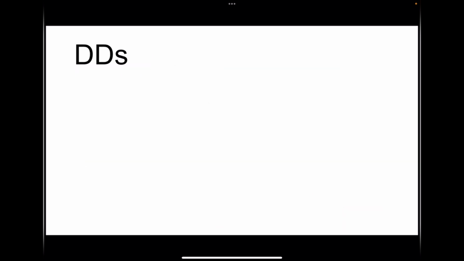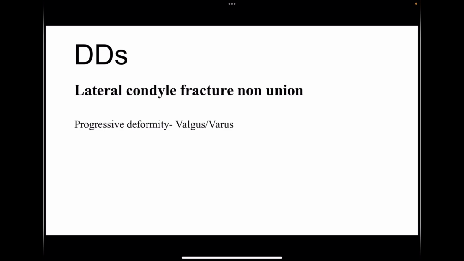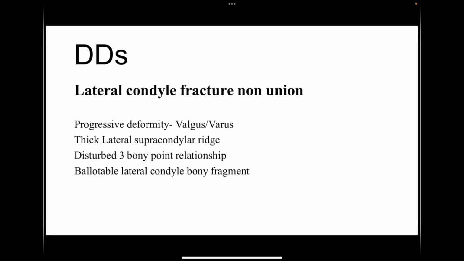So what all are the DDs for disturbed three bony point relationship? Lateral condyle fracture non-union. Progressive deformities will be present in these cases, and thick lateral supracondylar ridge will be found whenever the child is having lateral condyle fracture non-union. Not both the ridges will be thickened, and three bony point definitely will be disturbed, and a ballotable mass will be felt over the lateral condyle. That is nothing but non-united lateral condyle fragment, and the elbow will be stiff. The arc of motion which was found to be normal in this case will not be there in lateral condyle fracture non-union, and the child can have